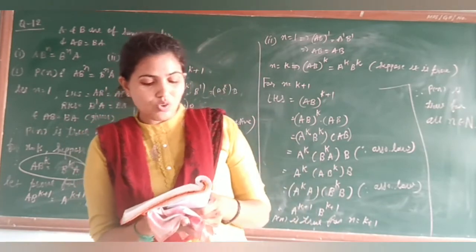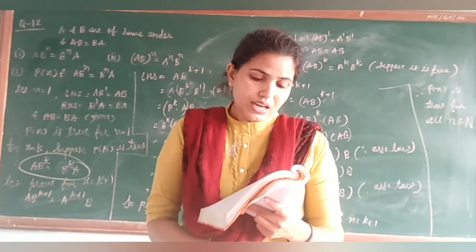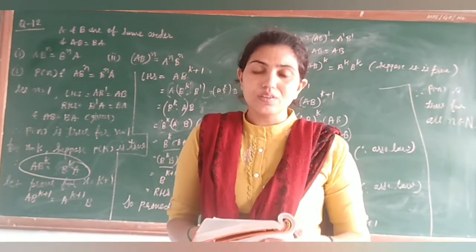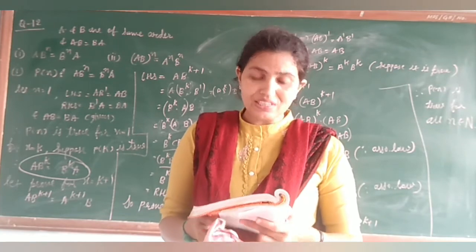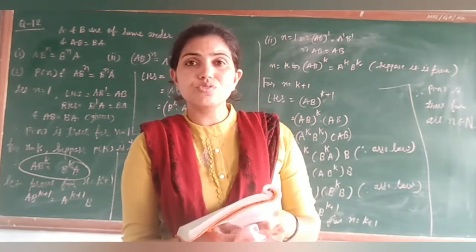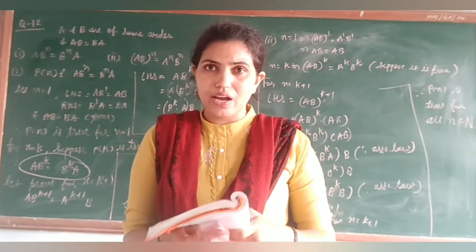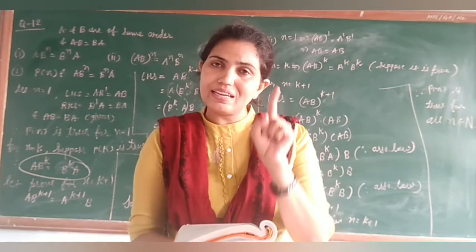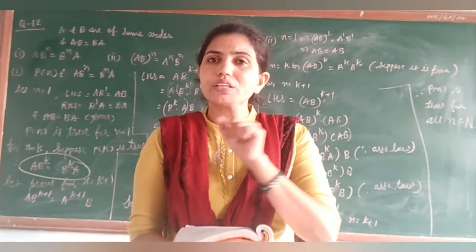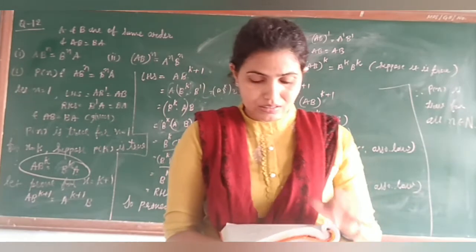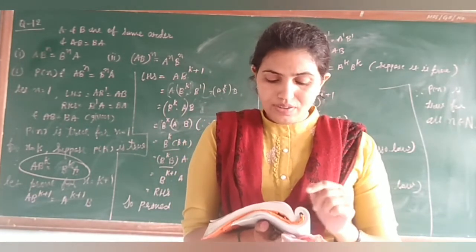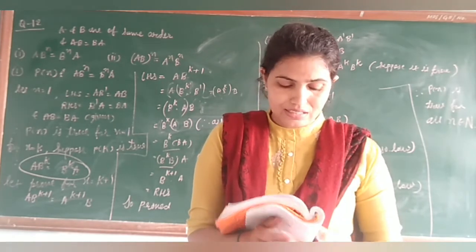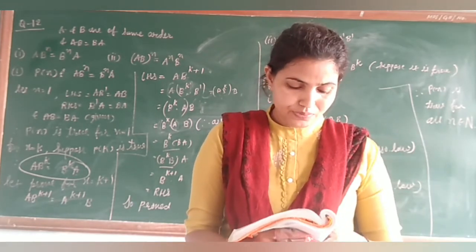If A is equal to the matrix with alpha, beta, gamma and minus alpha, such that A square is equal to I, then which one is true? A, B, C, D. So for this, what you have to do? A square is equal to I. To find A square, you will multiply A into A and it is equal to I, meaning you have to compare with the matrix 1001. So you will get the answer and you can solve it. You will get the answer as B. Option B will be the correct one. So please check the answer. Multiply and check.